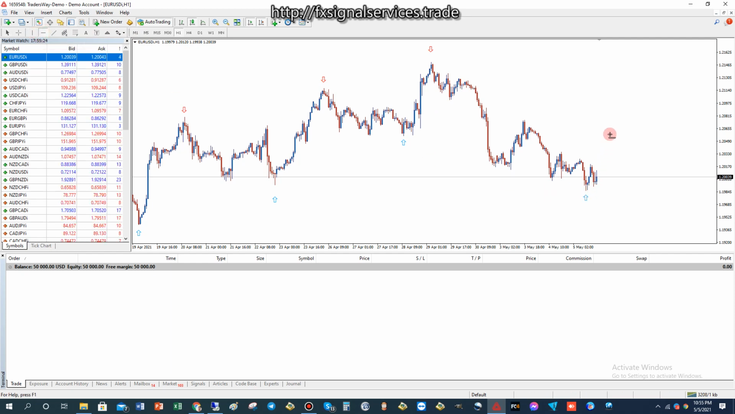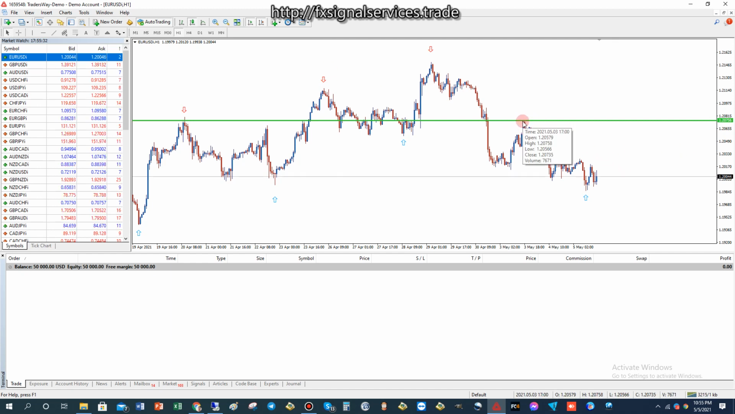I don't know how high this price is going to go up, but I'm pretty confident it's not going to go too high. So I already marked this resistance before, this high point, and I feel like that's potentially where it's going to go if in fact it forms another red arrow. Okay, and